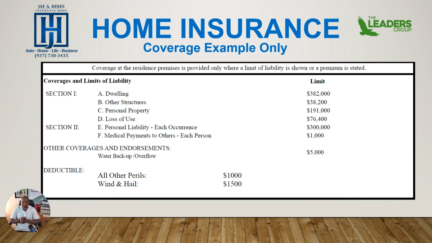Next, we have medical payments to others. This is a smaller version of liability coverage, except it is for minor injuries to someone on your property. In most cases, this coverage is used for immediate urgent care visits. For example, if a guest was bitten by a dog or cut themselves somehow, then this coverage would be used to receive immediate medical attention. Again, primarily for minor injuries.